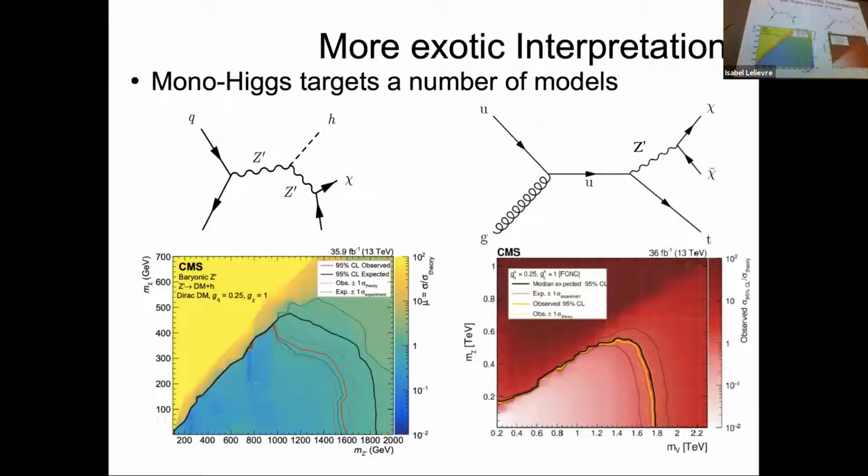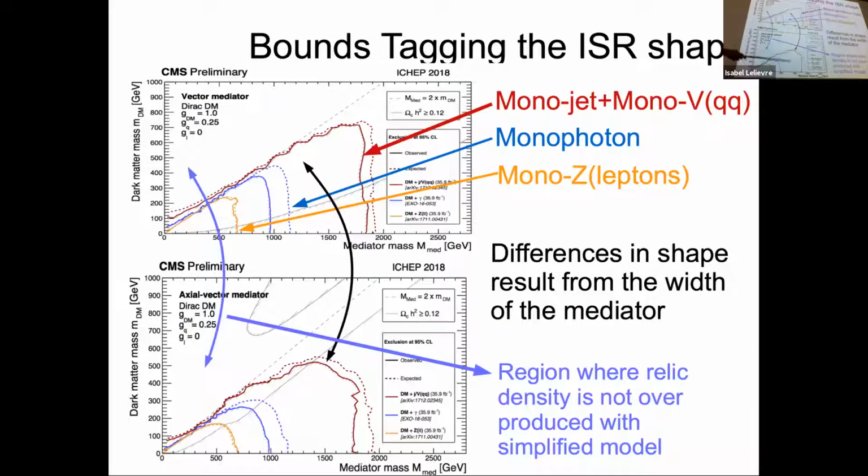All right, so now we can start. That's the simplest model, but now we can start asking, what about more complicated models? Mono Higgs I didn't even show, because for the spin 1 simplified model there is no mono Higgs. But you can modify your Z prime by having the mass mechanism come from the Higgs, and then you can suddenly get a mono Higgs final state. You can get a sensitivity plot, and you can even put this plot on the previous one. This goes out to like 1.8 TeV, and you can see it's competitive with the